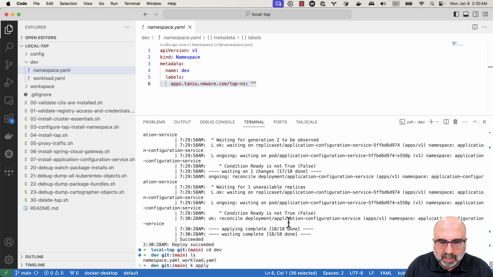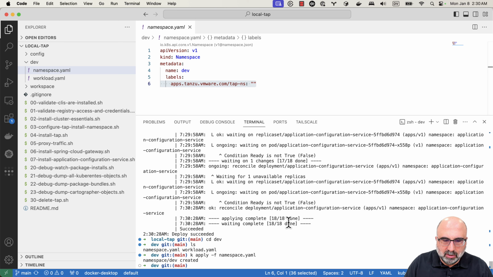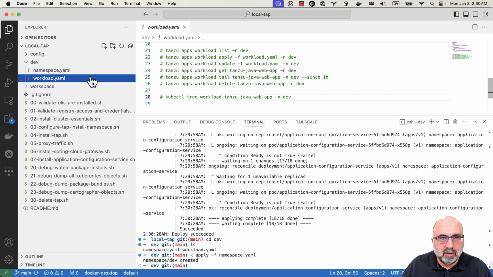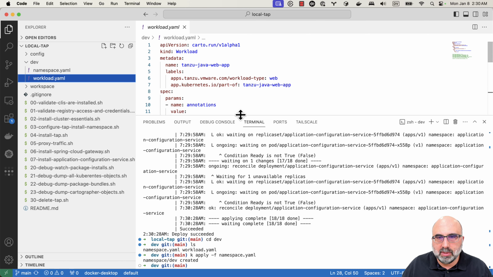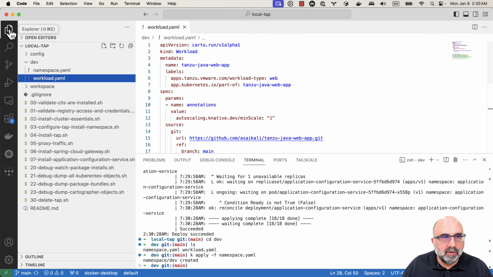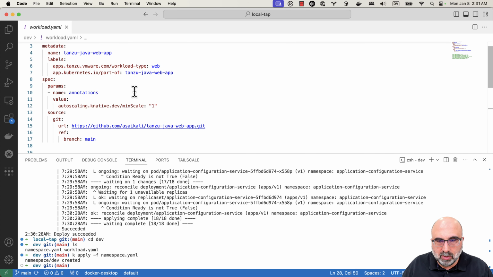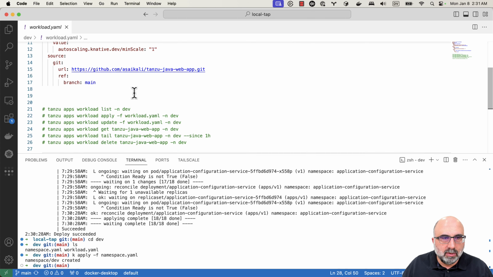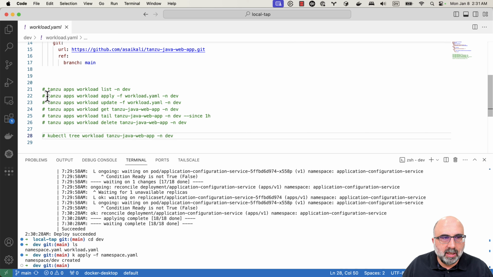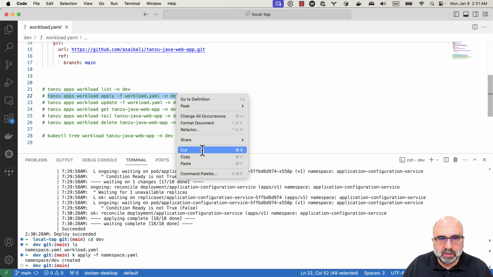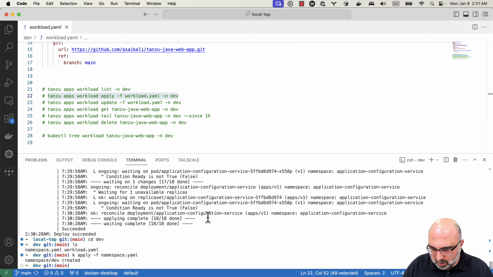So we're going to do kapp deploy -f namespace.yaml. That's going to give us the namespace. We also have here a workload YAML that you can use. Now, workload YAML is kind of like one of the key features of Tanzu application platform. It's the shortened way that you deploy a workload. You'll notice in here that there is an operation, there's some kind of hints for you for what you can do. So you're going to just copy this command and paste it down here